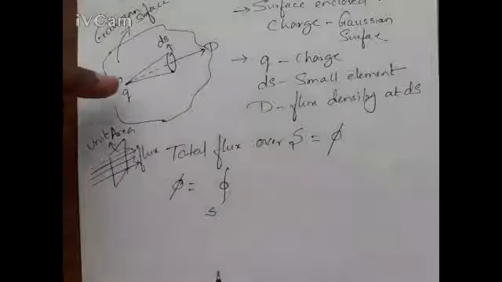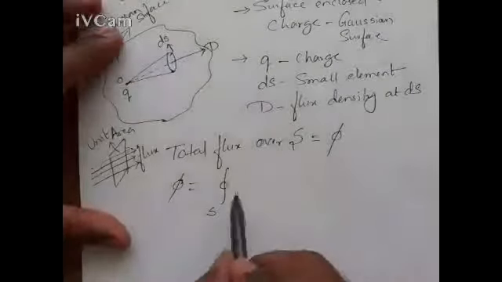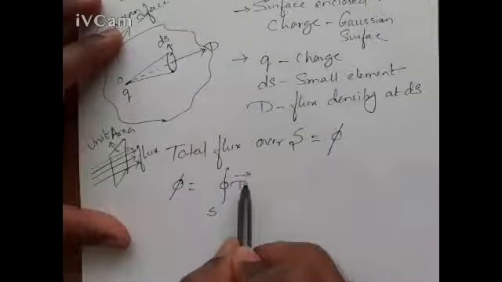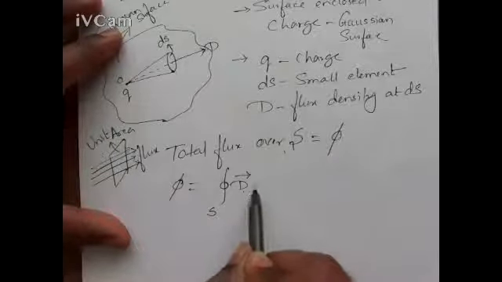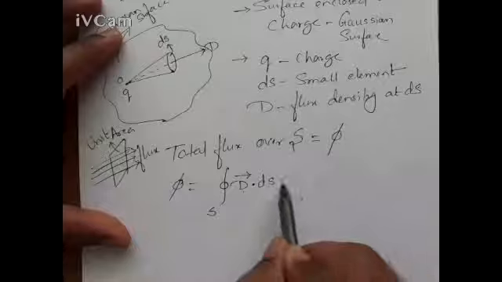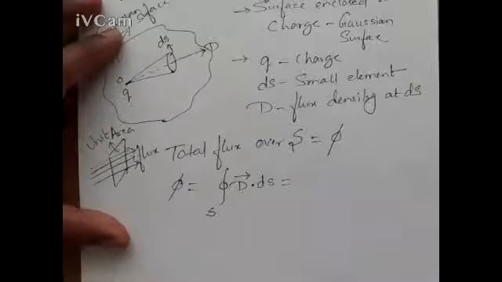Even if it is an irregular shape, it is also covered. So the total surface area and the flux at ds, which is the total flux hitting the surface area,